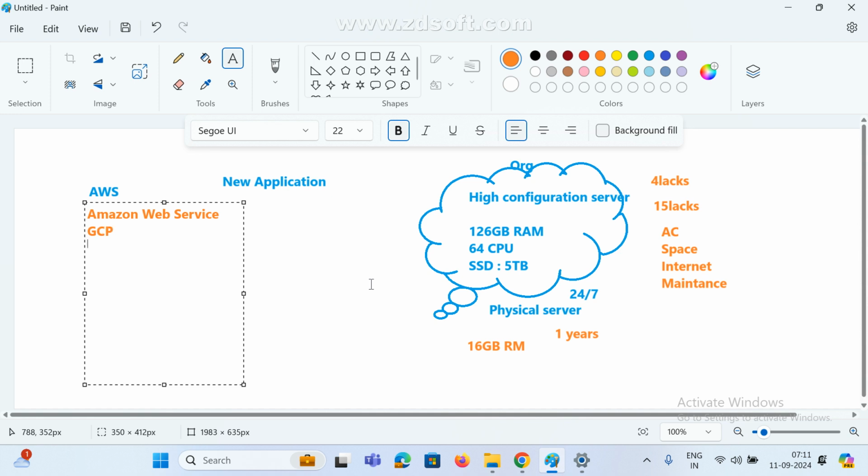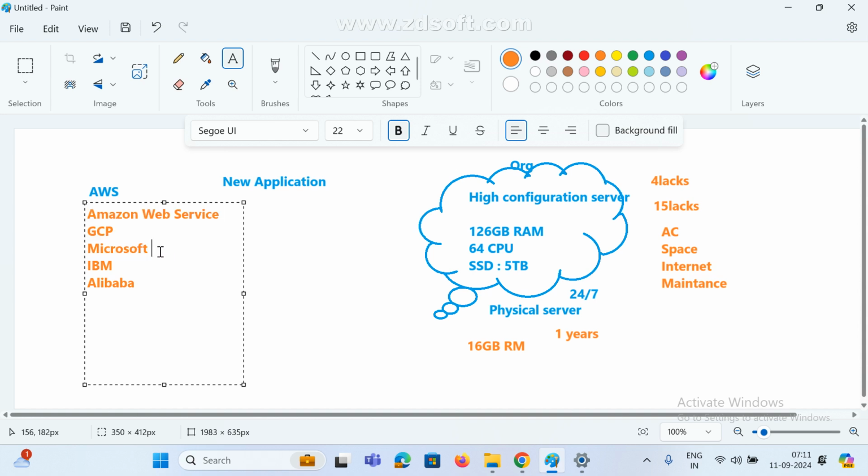These are the topmost providers in the market. GCP, and also Microsoft Cloud, IBM Cloud, Alibaba Cloud. There are so many clouds. Mostly these three are the topmost.